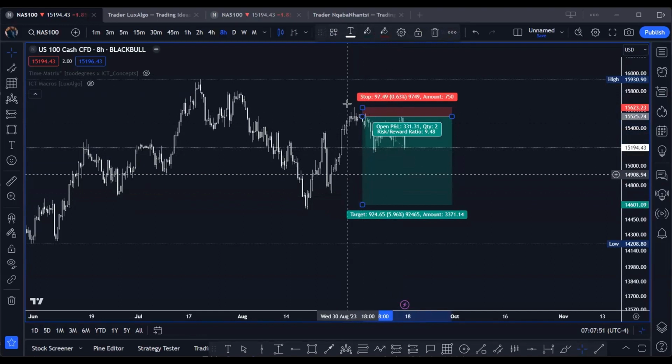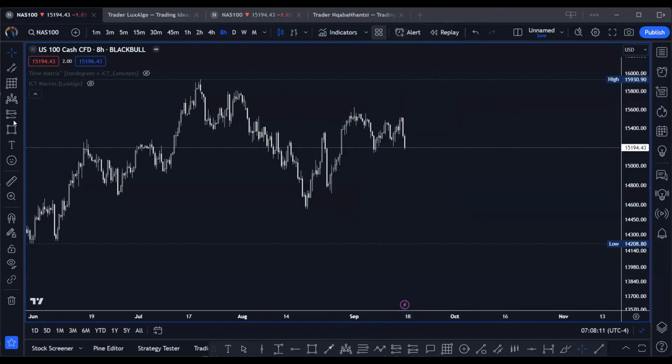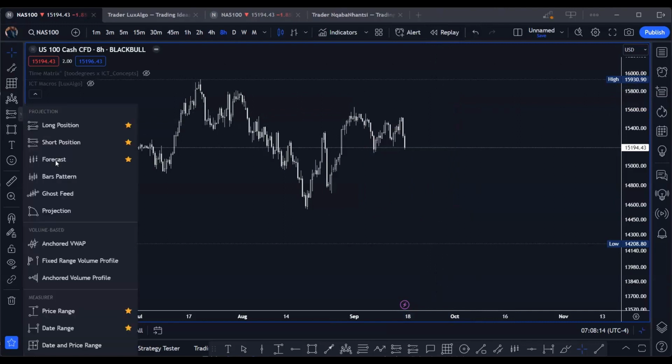Okay, and again, this trade, depending on how I've marked it out and what I would have analyzed, say the profit target is down here. So this is a 1:9.84 risk to reward trade. Okay, so this is why I love this particular setting, because it puts a lot of things into perspective for me. Okay, and then we've got a whole lot of others that we use over there: price range, date range,